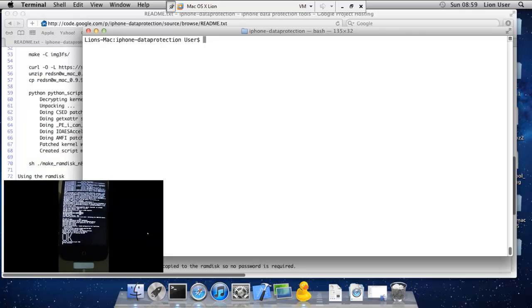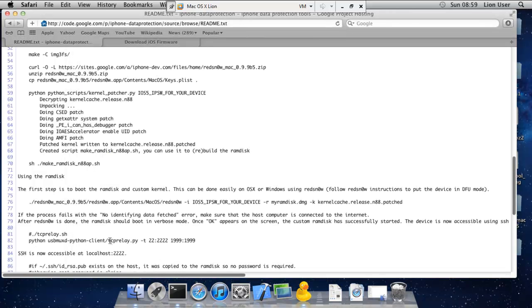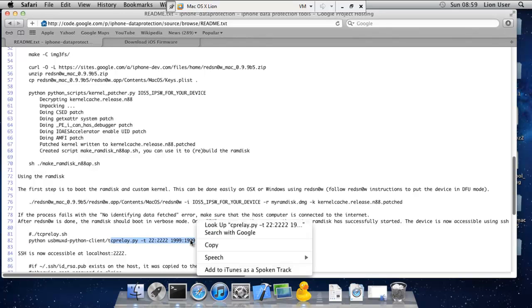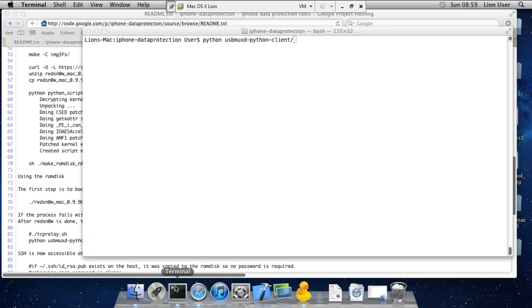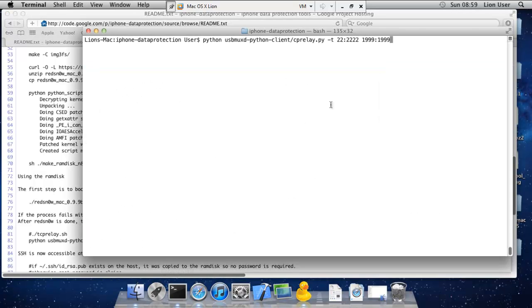When we booted with the custom RAM disk, networking capabilities like Wi-Fi are not enabled. So we are going to use the USBMux protocol to establish communication between the device and the computer over a USB cable. USBMux is a protocol used by iTunes to talk to an iPhone and coordinate access to the phone services by other applications.